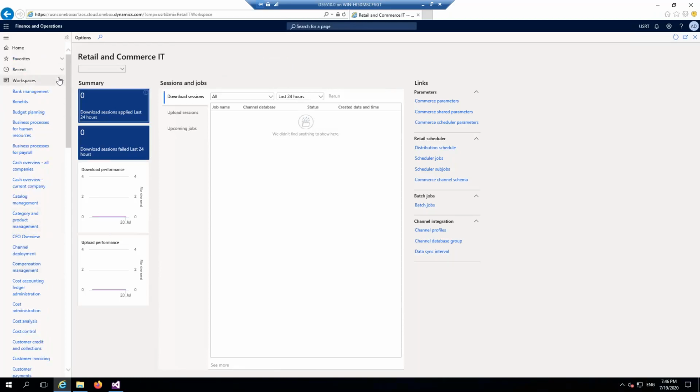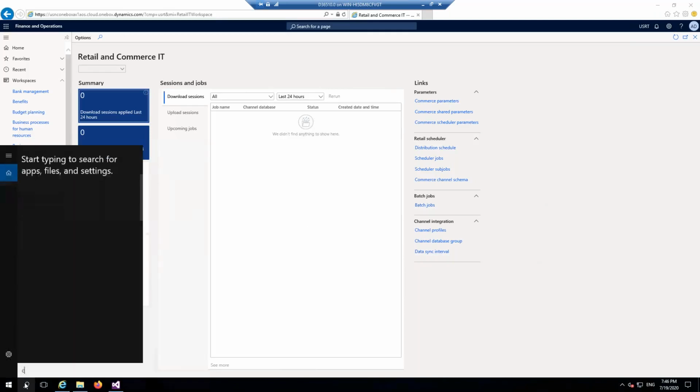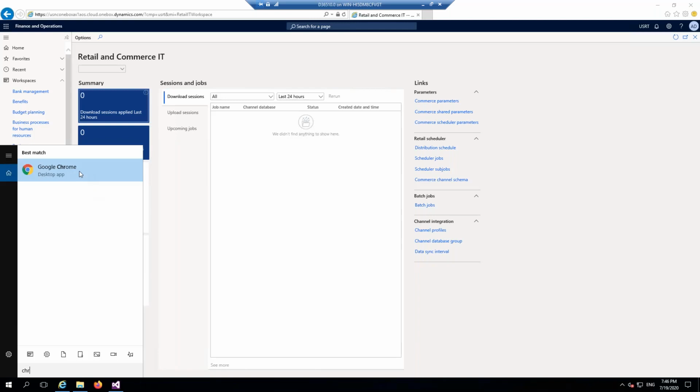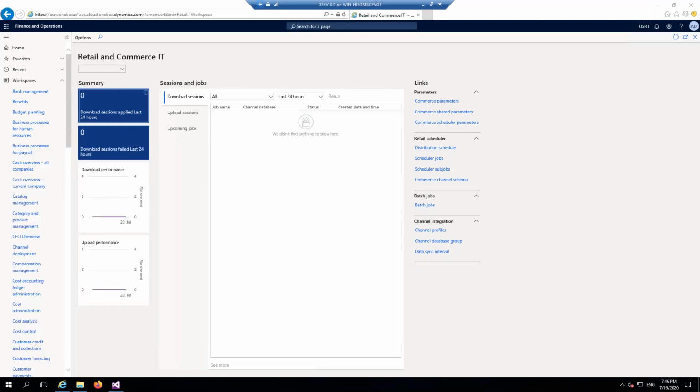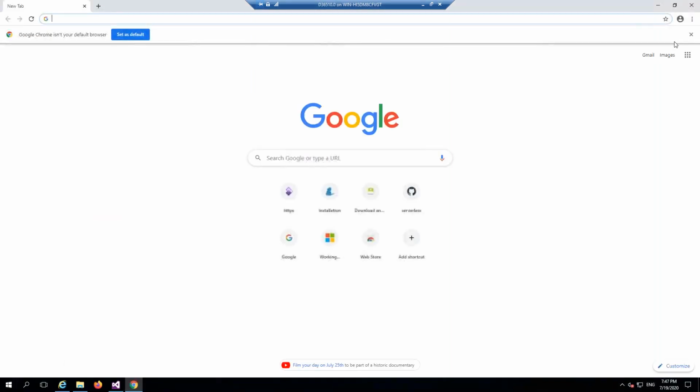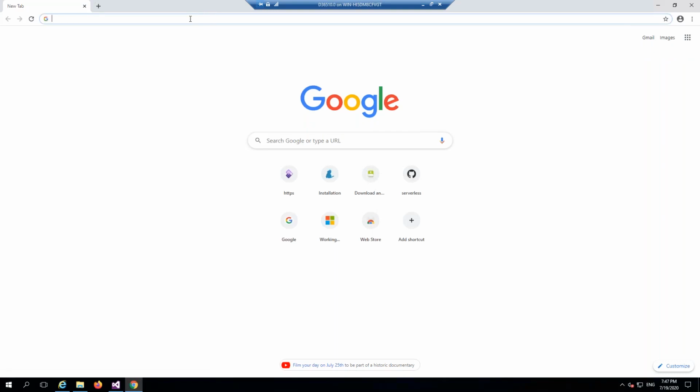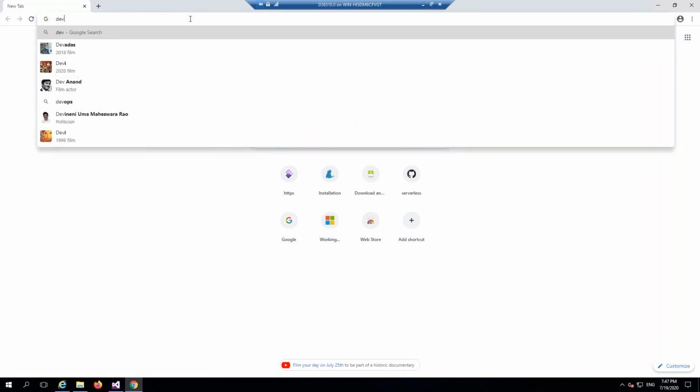Now, before starting the workspace, you can see there is no Power BI tile visible here. Is that right? There is no Power BI tile visible here. How to get that Power BI tile? If you want to get that Power BI tile, there is a different way. Whatever we need to do is we need to log on to